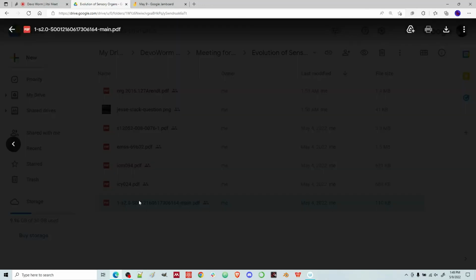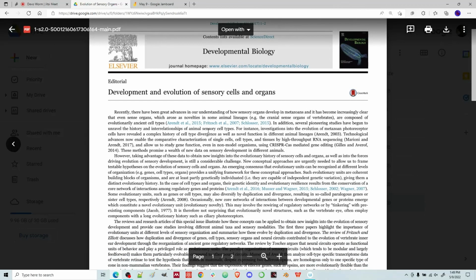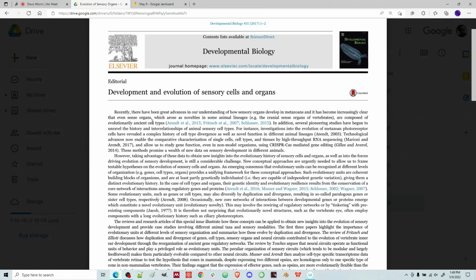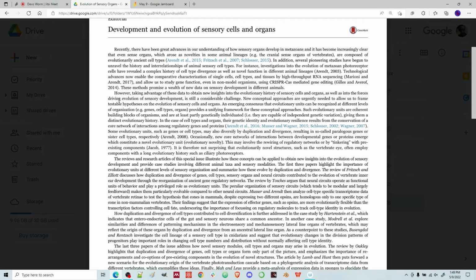And then finally, this paper on the development and evolutionary sensory cells and organs. This is an editorial in Developmental Biology, and this kind of goes through some nice papers. Detlev Arendt is an author who's done a number of papers on this, and they go through some of this. They talk about some of the new kinds of data that we're collecting on the evolutionary history of sensory cells and organs. New conceptual approaches are urgently needed to allow us to frame testable hypotheses for the evolution of